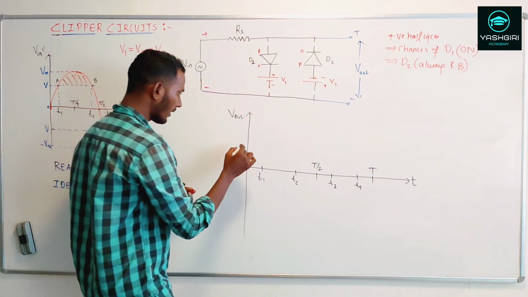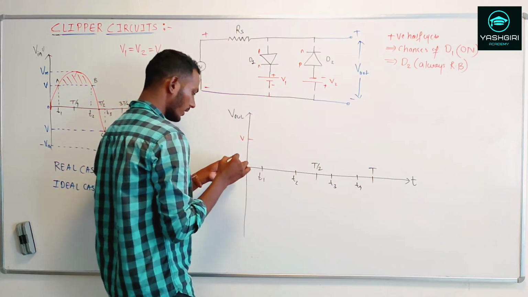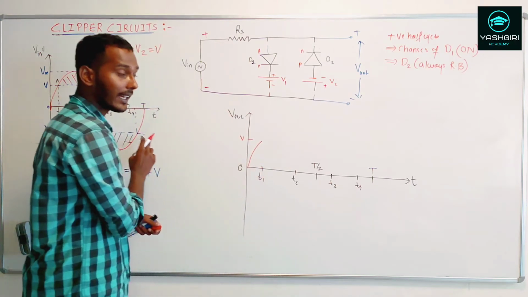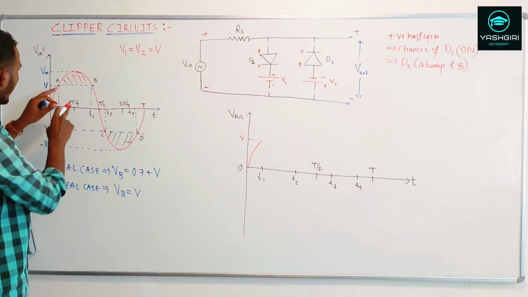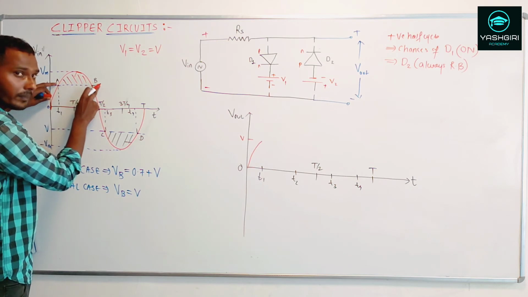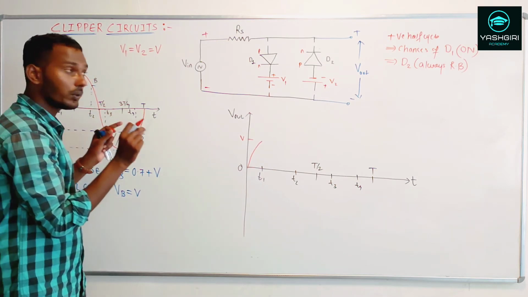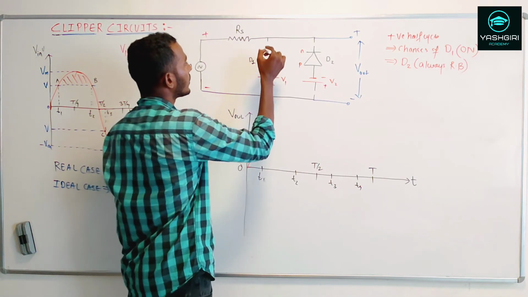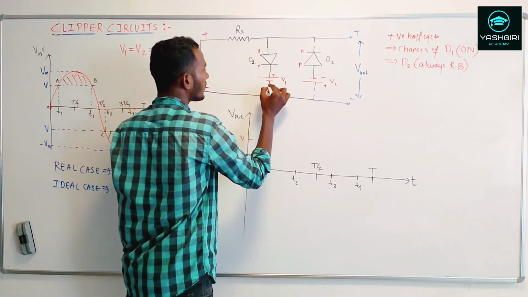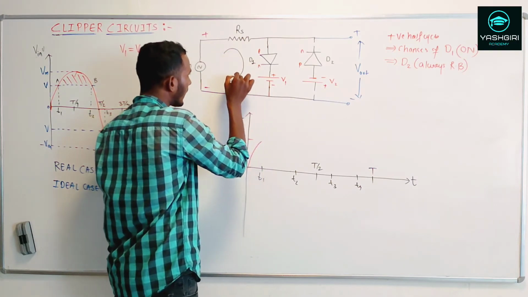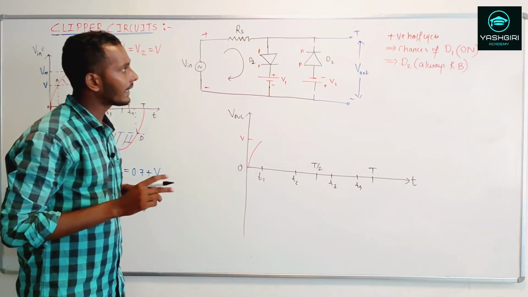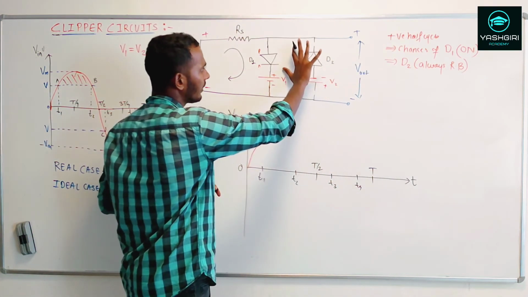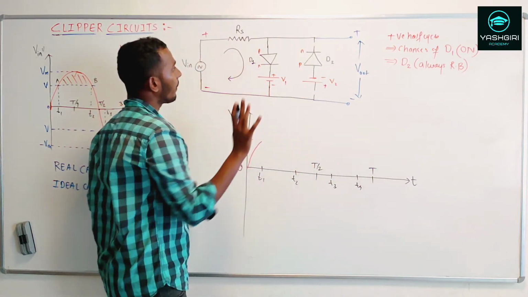So what is that V in? Up till this V volts, you are going to get the V out. So the V out is exactly equal to the V in. Now in this region from A to B, there is enough voltage so that the diode D1 conducts. So this will be a closed circuit and the current will start flowing in this circuit. And now if you see, this diode D2 part is already in reverse bias. It's acting like an open circuit.